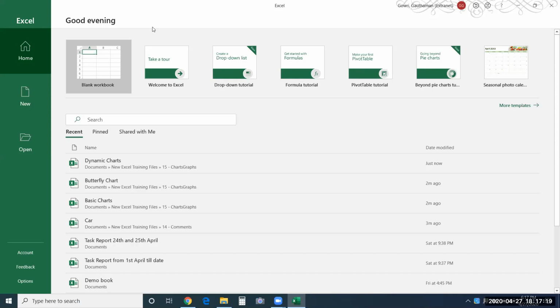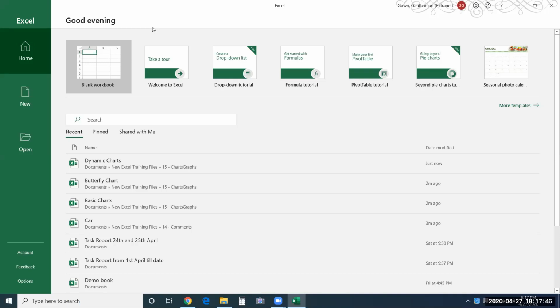Okay. This is a subscription version, guys. You need to understand the difference here. There are two types. One is for all, it is installed on your desktop and it can be used offline. So this Office 365 will let you store your data in the cloud as well. It allows you to save your data in cloud. It has got access to OneDrive and a lot of other features.